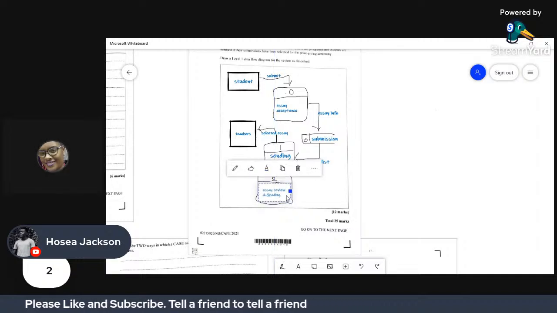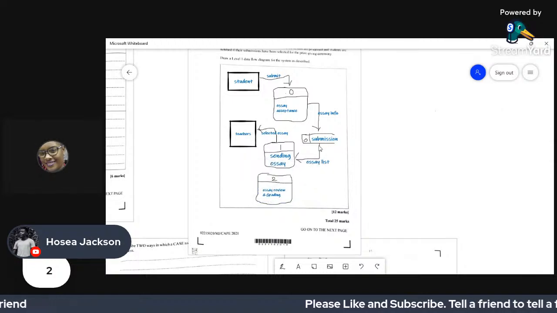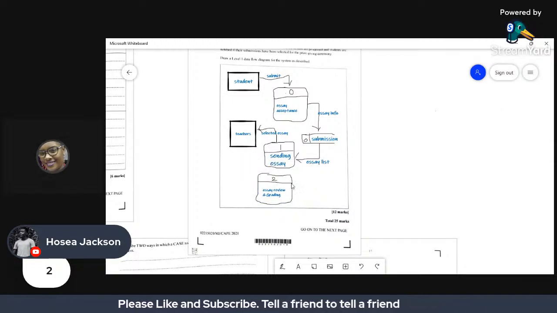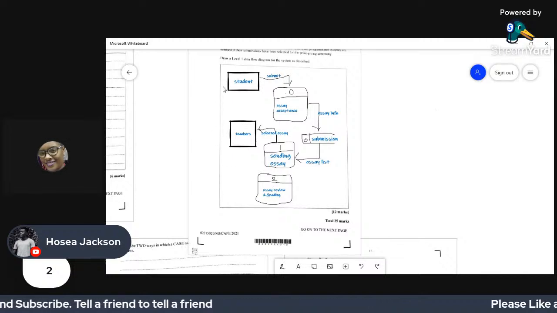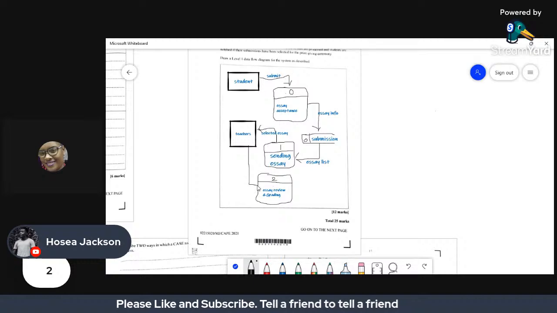All right, good. So who is going to communicate with this now? So it says now that the teachers will submit their list. And after that has been done, then the students will be notified. So teachers are going to mark and provide grading. So we're going to do this part. All right.